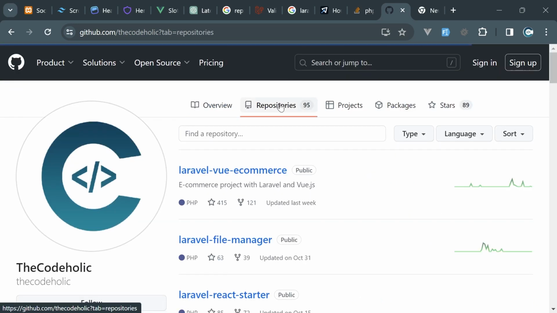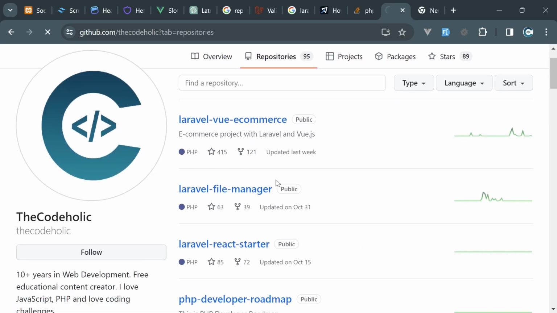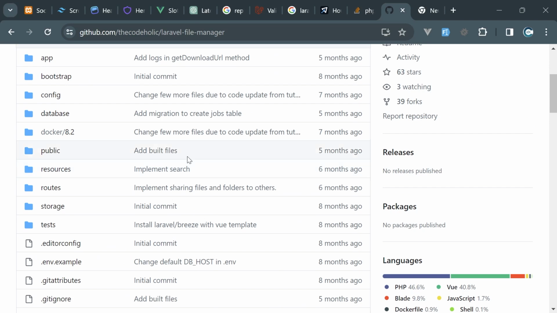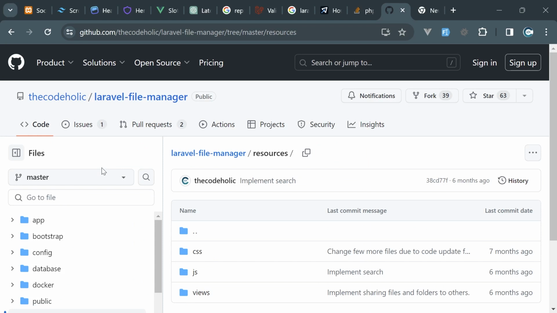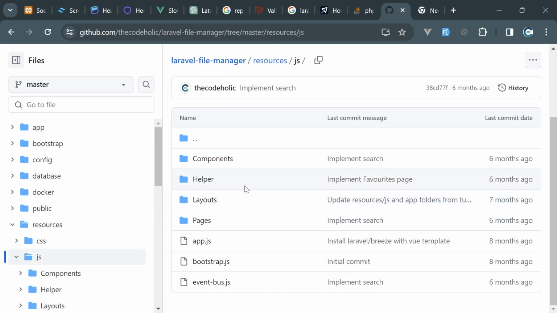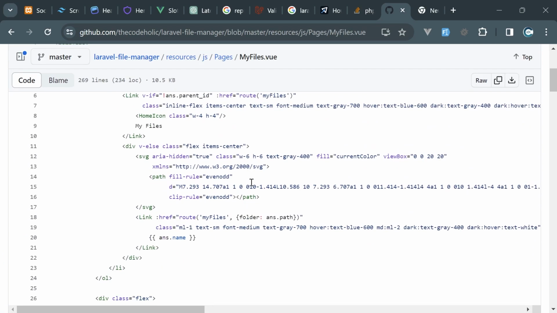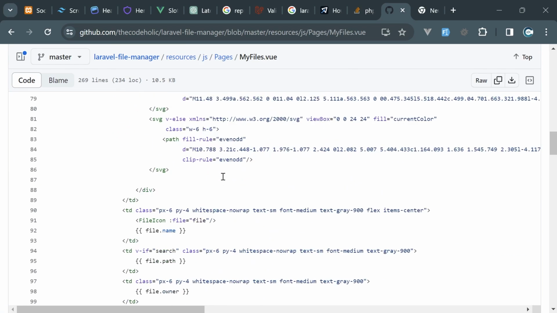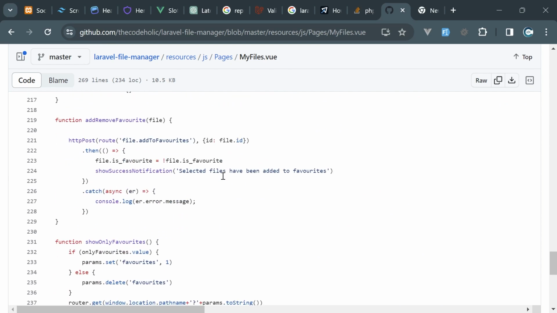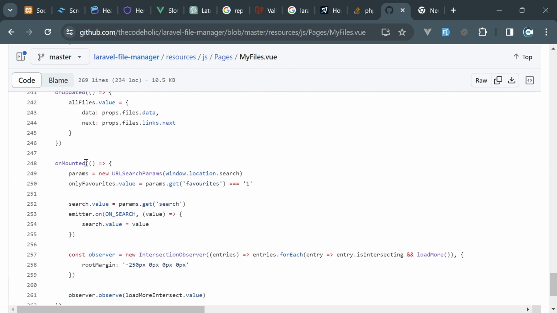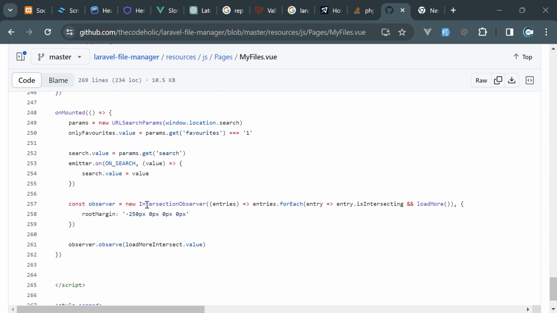We can go in the repositories, Laravel file manager, and we need to go to resources, JS, pages, and my files. Okay, let's scroll down to the unmounted right here. We have this intersection observer. Okay, this is it. So we have this intersection observer,